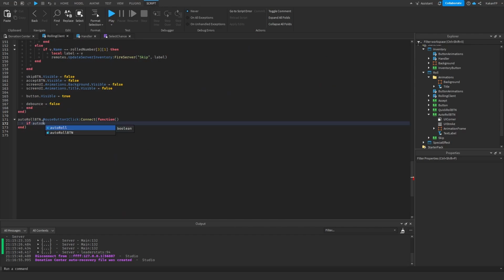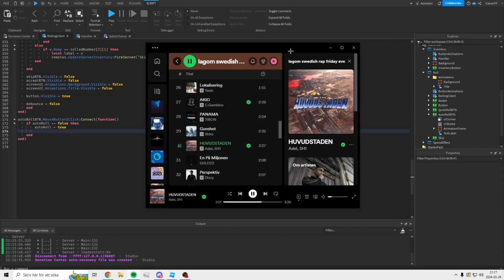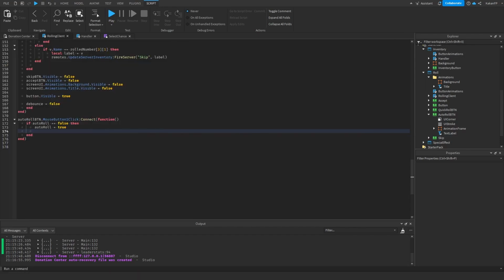If auto roll equals false, then auto roll equals true. We can do this in two ways. Either, whenever you auto roll, you want the quick roll to be false or not enabled, or you can make it the other way. I will show you how to do both, but